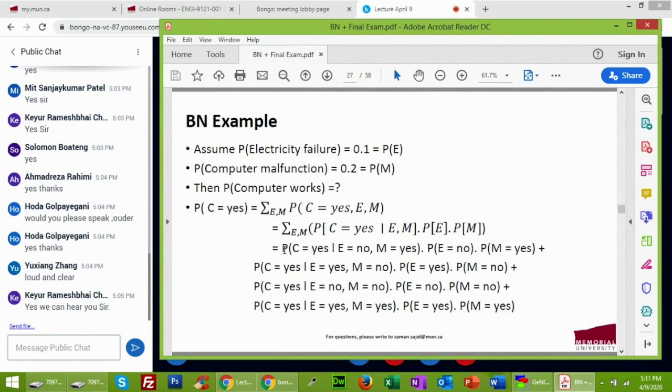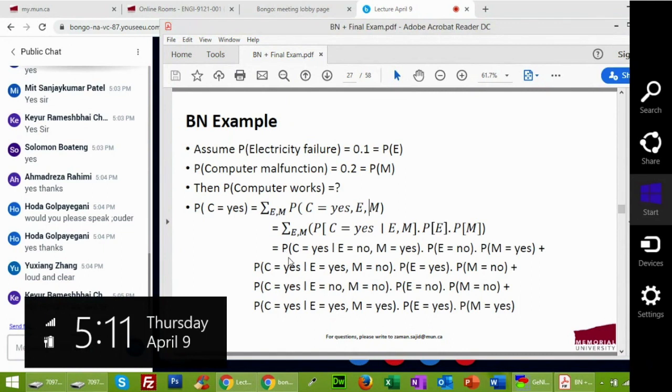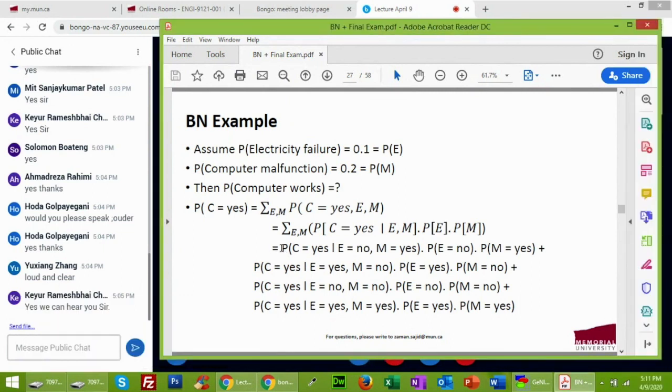If there is no problem with electricity, but the computer has a malfunction, the probability of computer failure will be 0.5, of course. So this probability value will be 0.5. You are given the electricity failure probability as 0.1, times the probability of M, which is yes, which is 0.2.